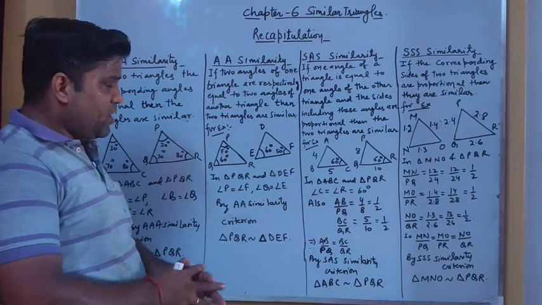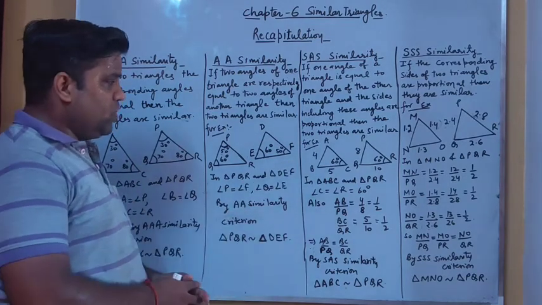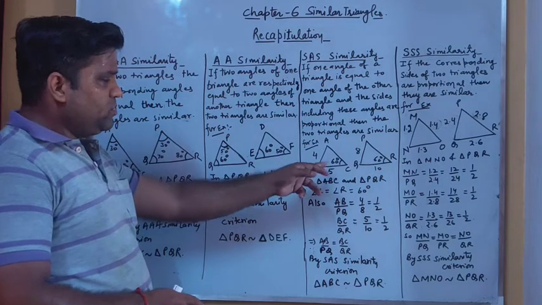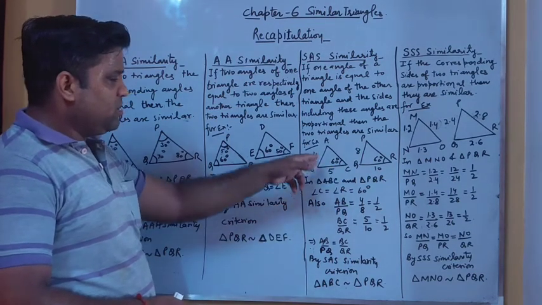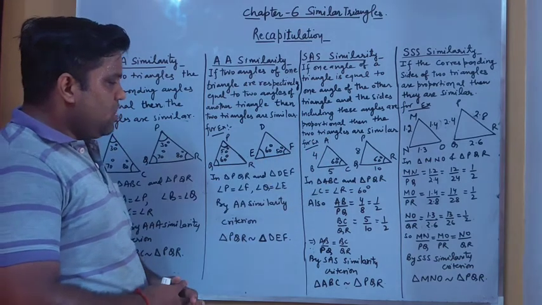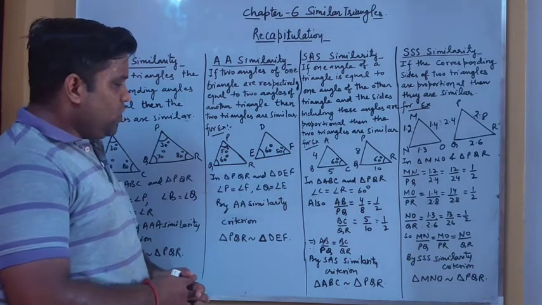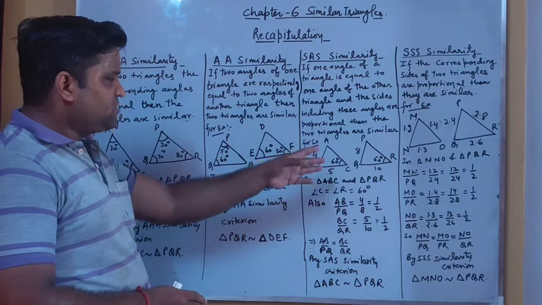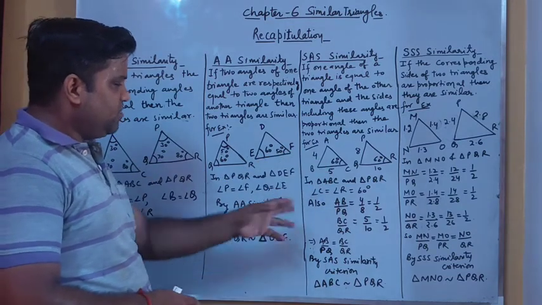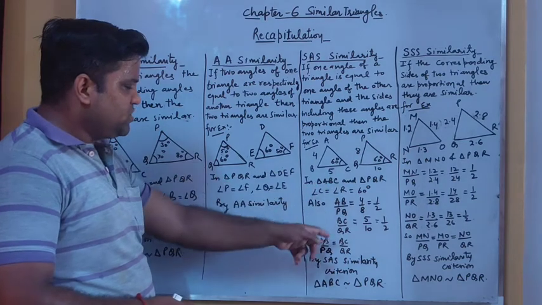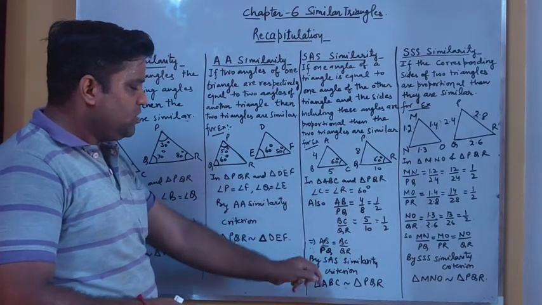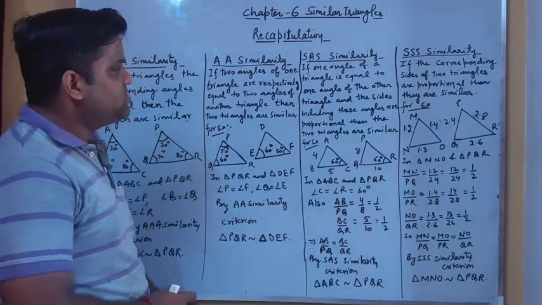It means that if we have a triangle ABC and a triangle PQR, then as we can see in these two triangles, angle C is equal to angle R and the ratios of corresponding sides are proportional. So here we can say that by the side angle side criterion both triangles are similar, as angle C is equal to angle R and the ratios of corresponding sides are equal, AB by PQ equal to BC by QR. So we can say that both triangles are similar.